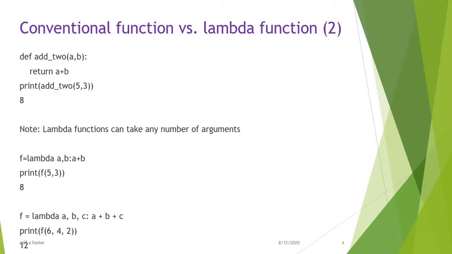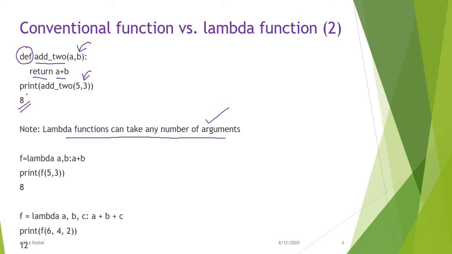Now, as I stated earlier, lambda functions can take any number of input arguments. In the previous example, I took only one input argument. Now let me go for more than one input argument. You can also verify this through a user defined function. What I'm doing, I have created a function add underscore 2. Two input arguments are given. It returns a plus b. If I print add underscore 2 and give any two inputs, it will add those two things and give the output.